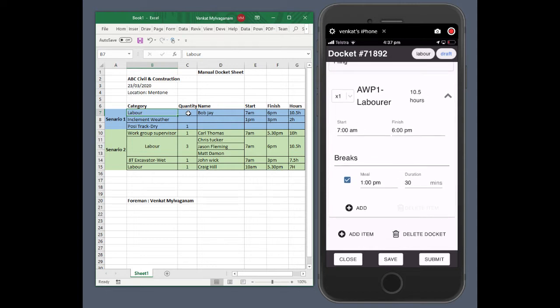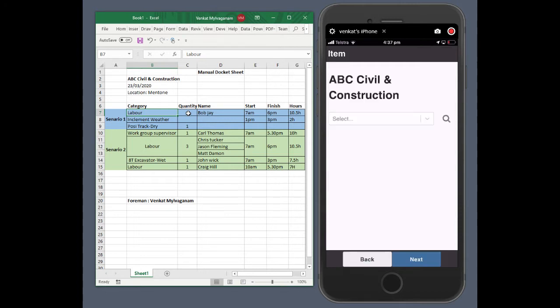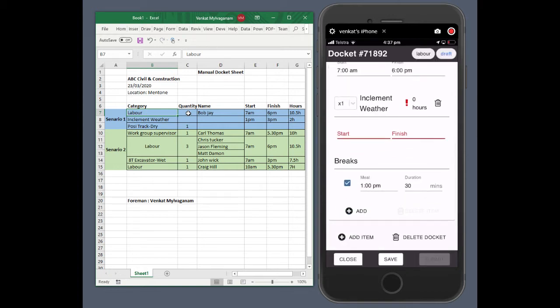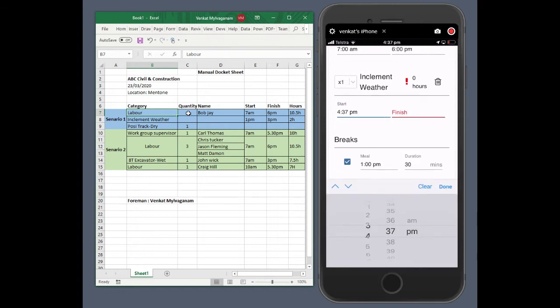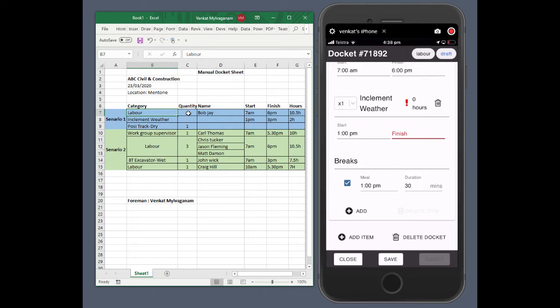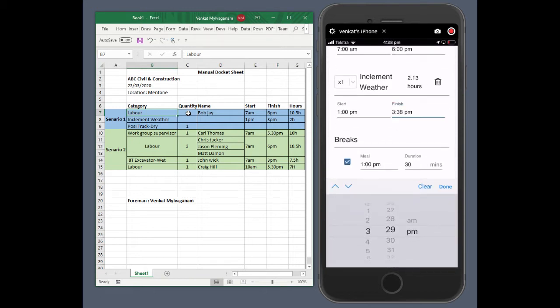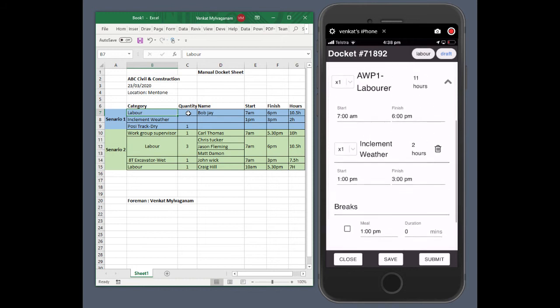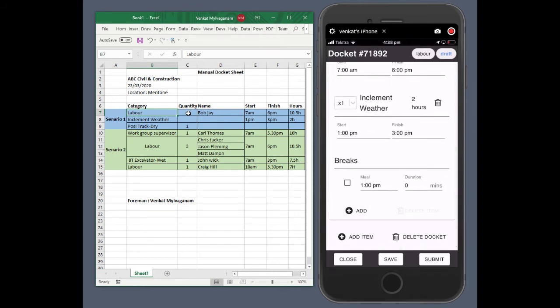To add the inclement weather, click on the add button, click on attachment, inclement weather. So the inclement weather start and finish time, it looks like from 1 p.m. to 3. So 2 hours of inclement weather, and I've also used a posit track,